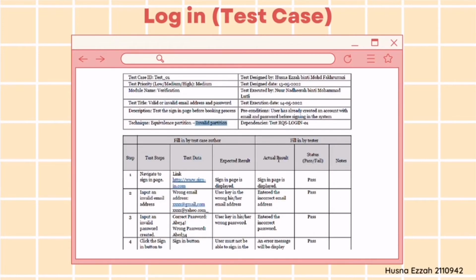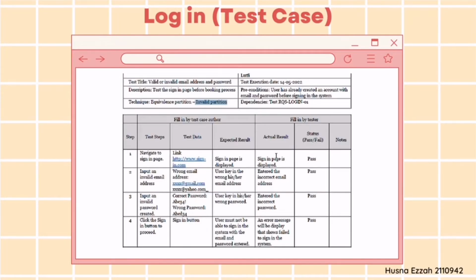So the failed login test case will contain 4 steps. The first step is regarding the sign-in page, where it will navigate to the sign-in page, and the test data is the link to the sign-in page. Expected result: sign-in page is displayed. Same goes for the actual result, and status passed.